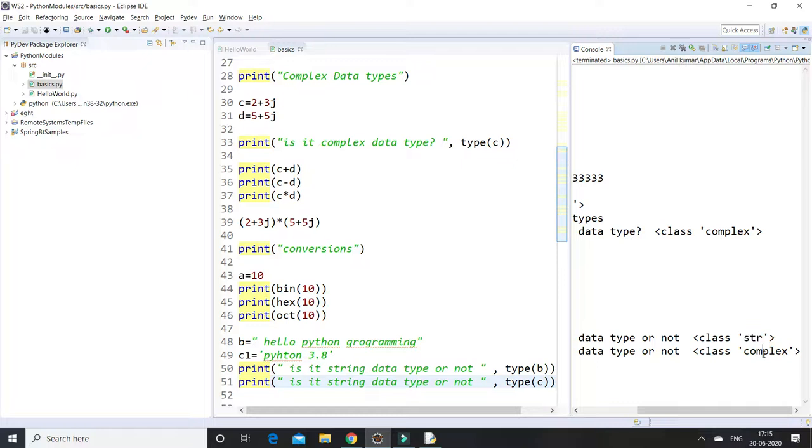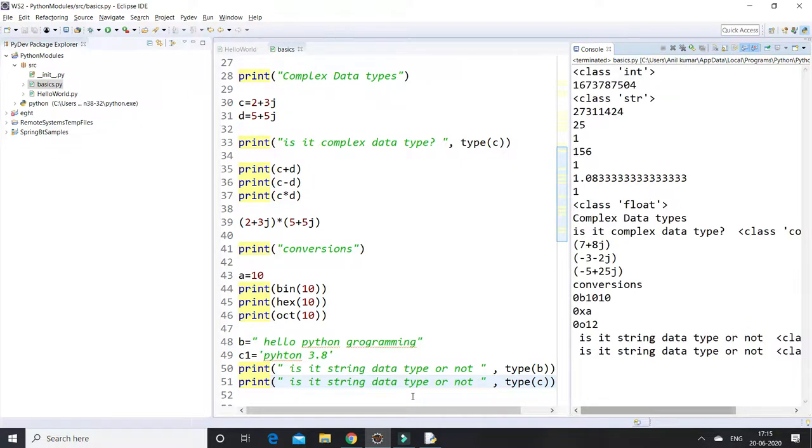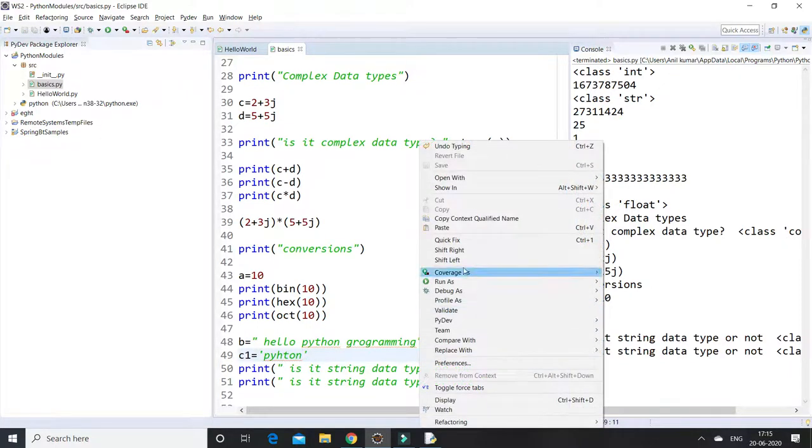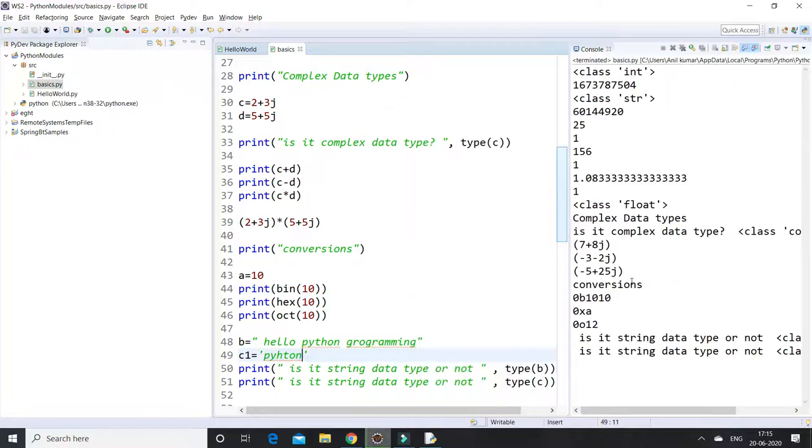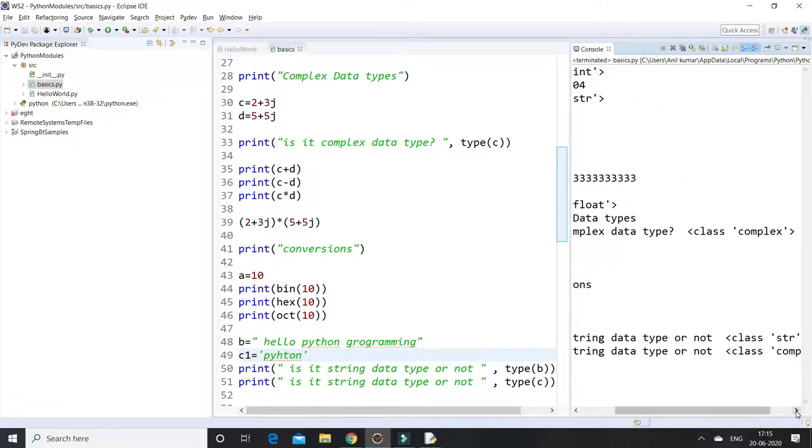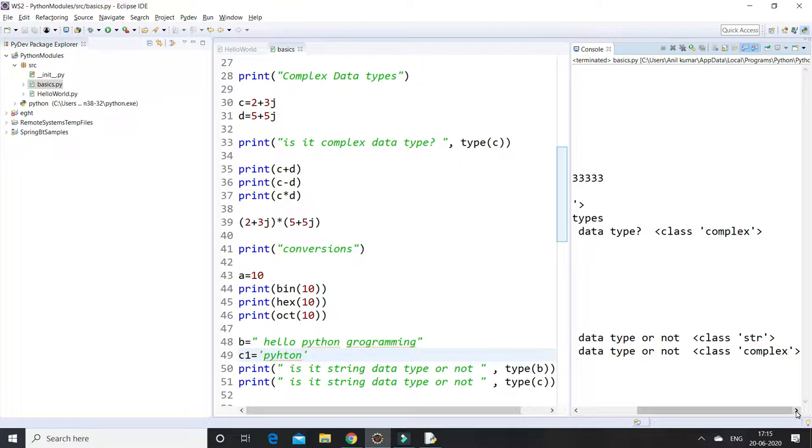Here it is showing as complex because I passed C, so it considers that one only. So that's why it is showing as complex.